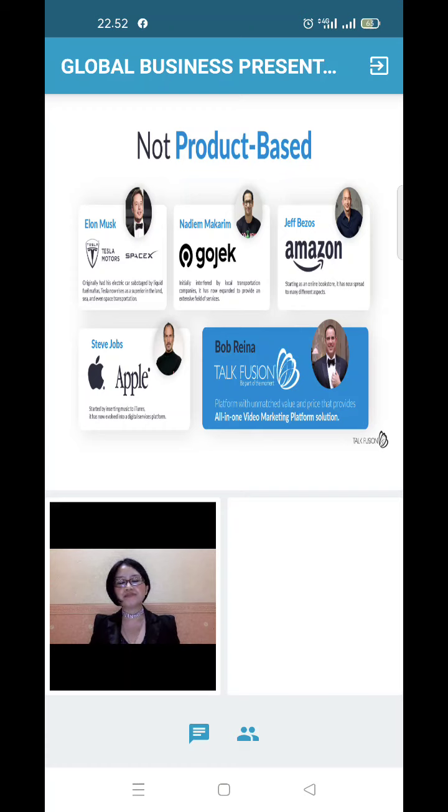Actually, Talk Fusion is quite similar to Gojek here in Indonesia. Gojek is also a super app. Why? Because when it was first established in 2011 in Indonesia, if I'm not mistaken, it only had 2 services, Go Ride and Go Car.